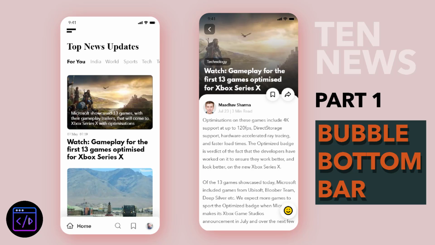Now, in this series, we will build a complete news app from scratch which would also consist of the backend functionality. This series will be divided into multiple parts which would be uploaded on a weekly basis. So starting today, we will start with some UI components.